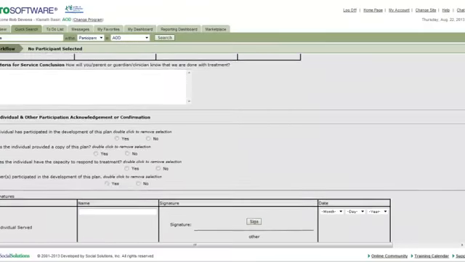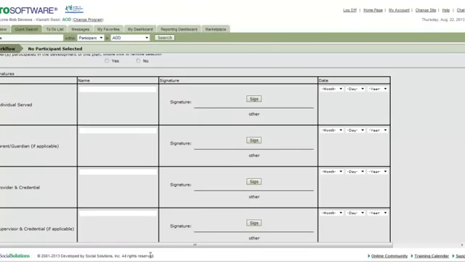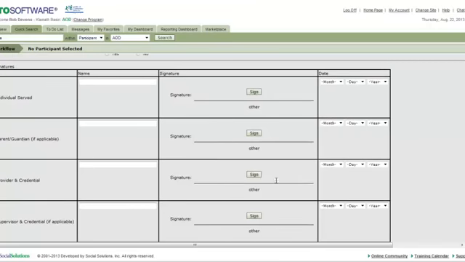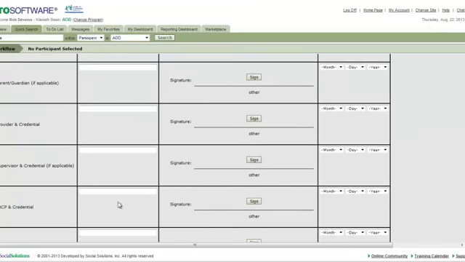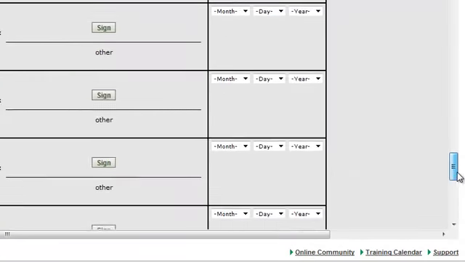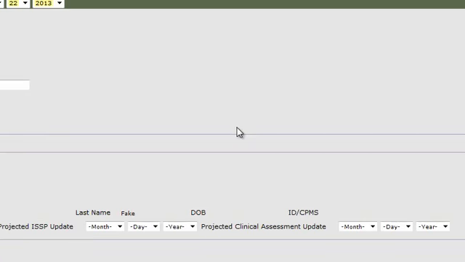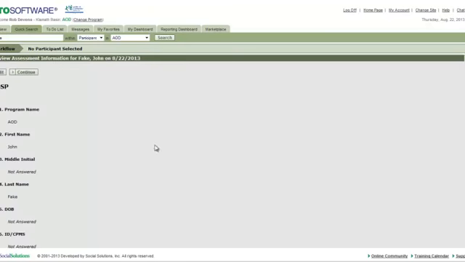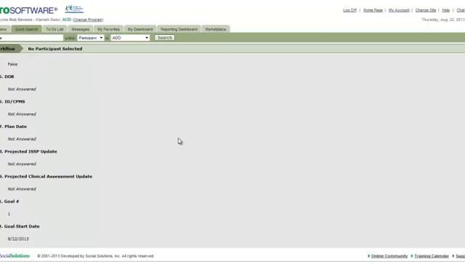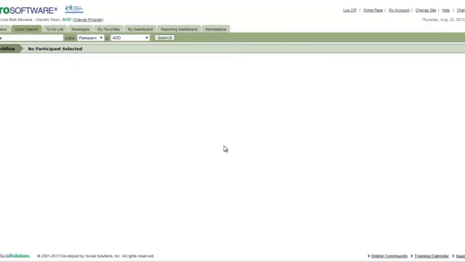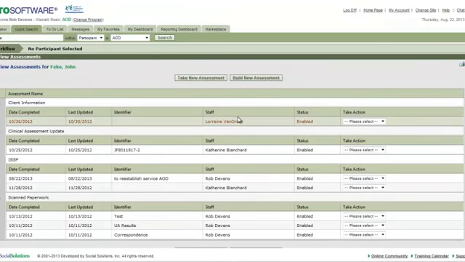And then at the bottom, there are the signatures. On an ISSP, the individual needs to sign it, the provider needs to sign it, and the supervisor needs to sign that as well. I am not going to explain about the electronic signing at this point in time. We then would submit it or save it as a draft. We get the notification that it's been submitted. Again, we can take a look at what we've filled in, click continue, and we are back on the assessment